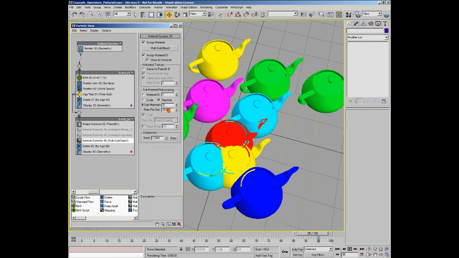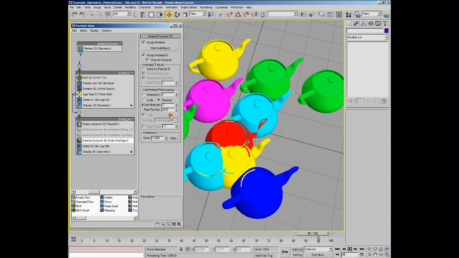Then we have the rate per sec parameter, and this option allows you to define how often the material ID is incremented when it's assigned in an animated sequence. And this is very similar to the same parameter in the previous operator. Now, if this number matches your frame rate, you will get a 1 increment in IDs per frame. And any other values will work in a similar manner depending on the proportion between your frame rate and the